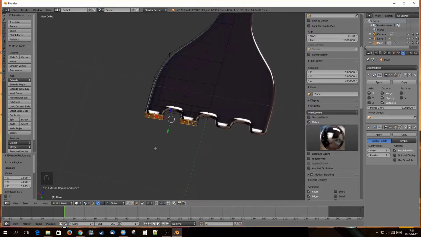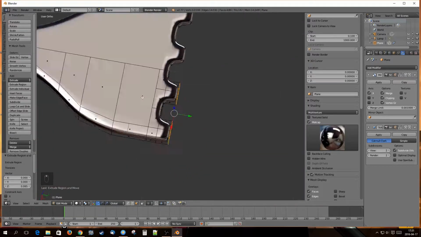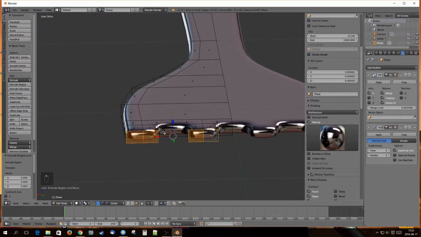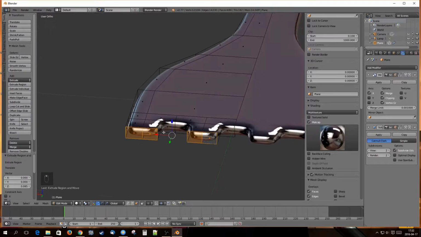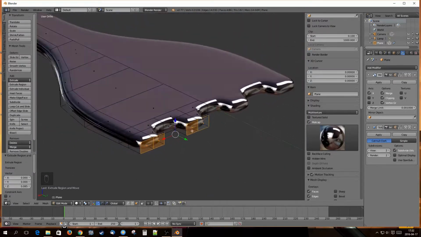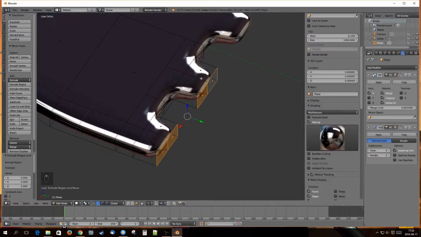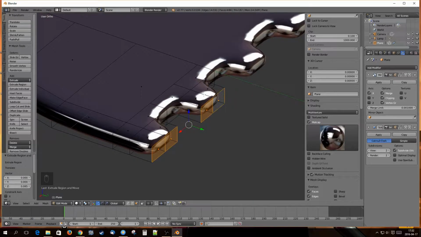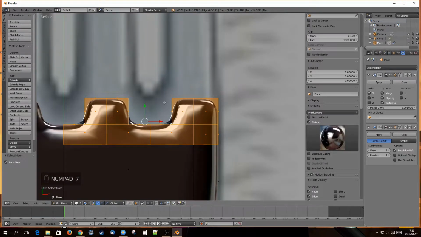Right. And let's look into top view. Okay, I'm a little bit too low, so I can actually move these faces to increase the selection. I press Ctrl and plus on numpad, right, and I can press it one more time, and I'll go to top view and move it in place